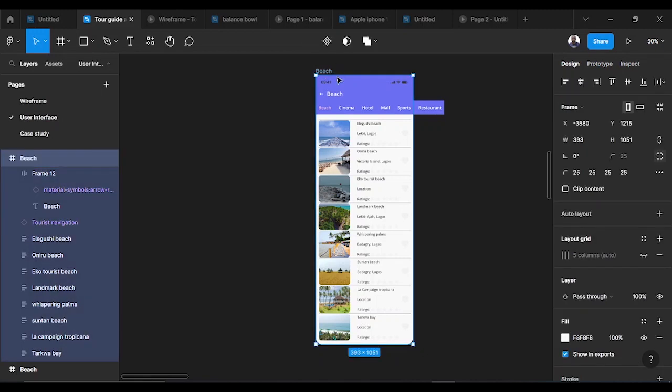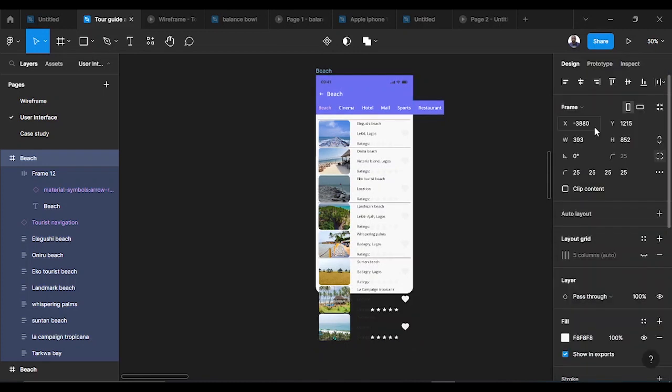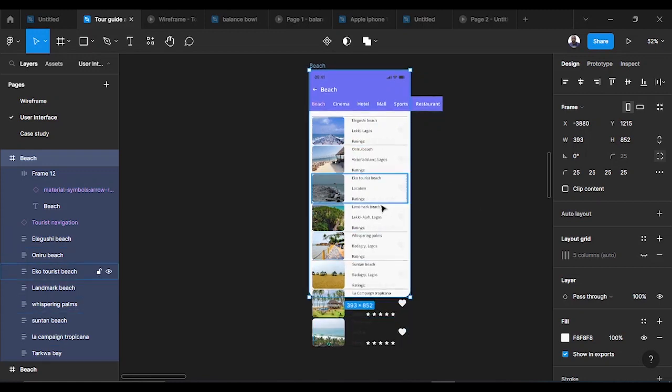So what we intend doing right now, I want to change the frame back to an iPhone 14 Pro screen, and as you can see, there's some contents spilled all over it. Now what can make you scroll through this content is using the horizontal bar there and